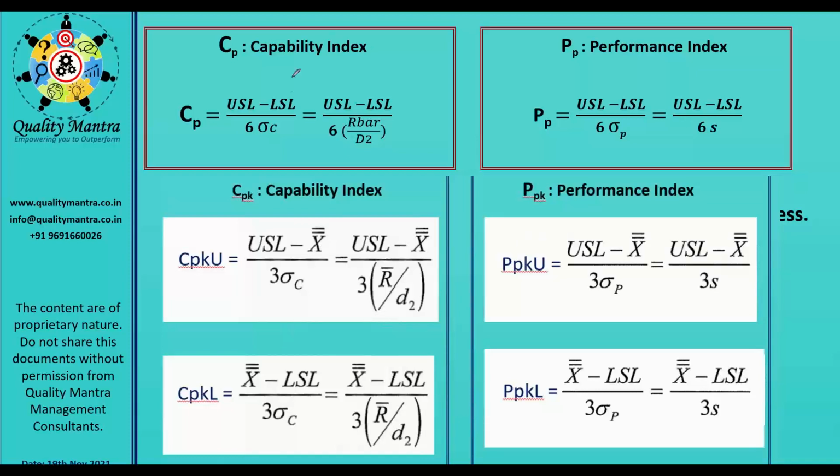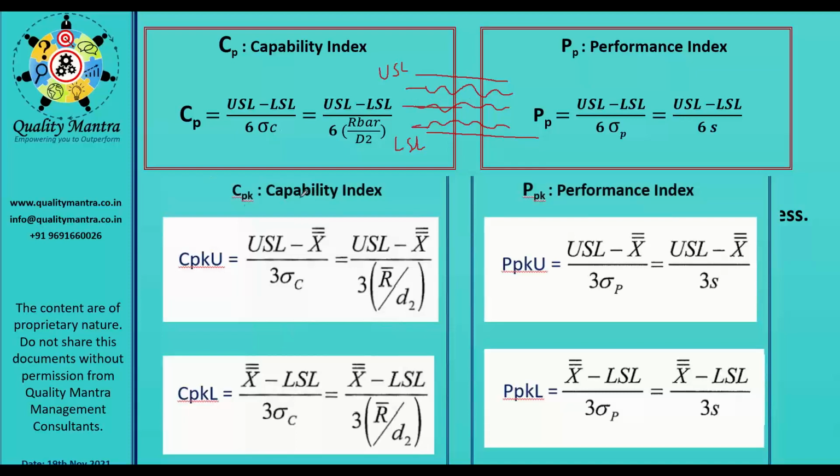It means in the CP, are you talking about the average? No. But in CPK and the PPK, you are talking about the average. It means you are talking about the centering or the location of the process. If your process is running nearer to the upper specification limit, or running here, your average will be nearer to the LSL. In this case, your average will be nearer to the USL. And if it is running in the center, the average will be at the center of this.